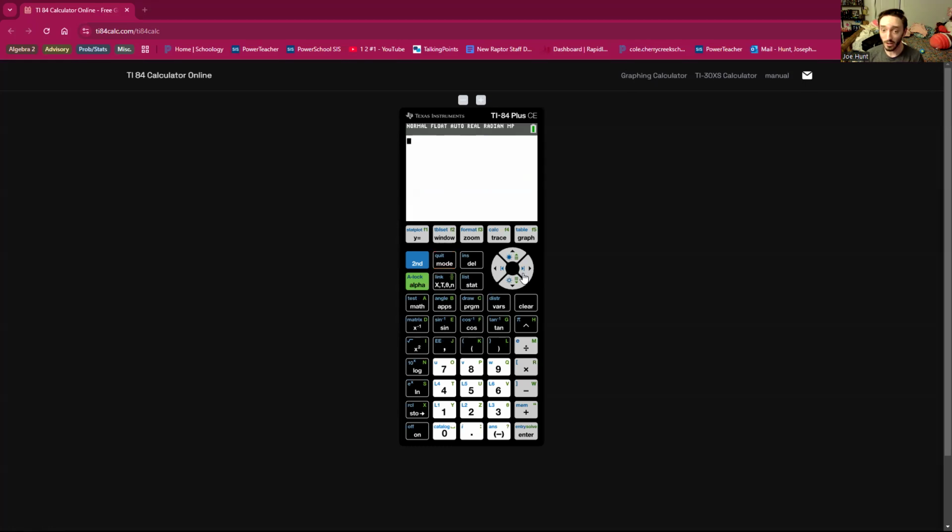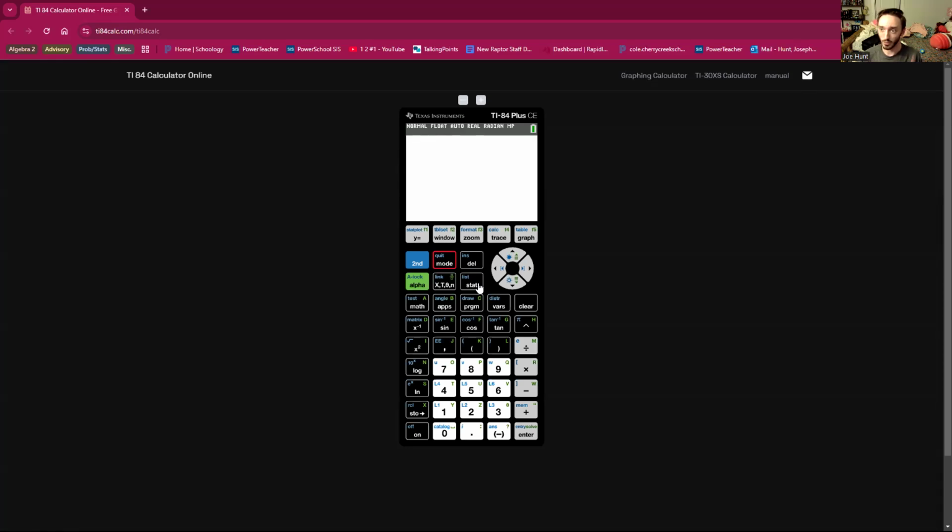In order to give the calculator your data, you're going to hit the stat button here, and then you're going to go to edit, and you're going to put all your data in one of these lists. I usually recommend L1 because that's the one it defaults to, but you can have multiple lists going at the same time and then specify which one you want to calculate your stats for. So once you enter all your data into this L1 column, the next thing we're going to do is hit second mode to the quit menu and go back to the home screen.